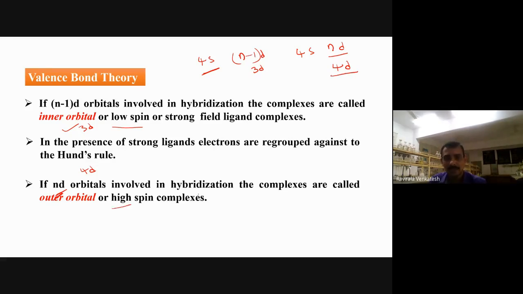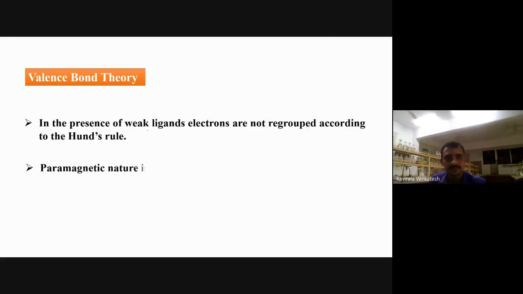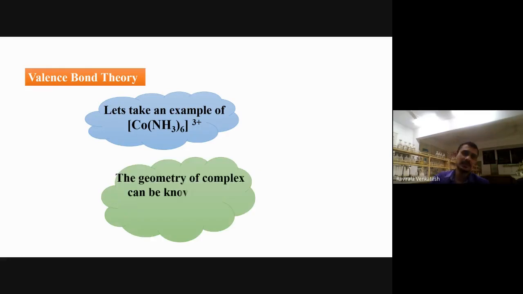It's a high spin, paramagnetic nature. Let me see what is high spin. Everything we get in the examples here. No worry here. We will discuss what is this high spin complex compound, low spin, in the next slides here. Paramagnetic nature generally because of the unpaired electrons. Okay, that also we discussed. No problem here. Let me take one example here.